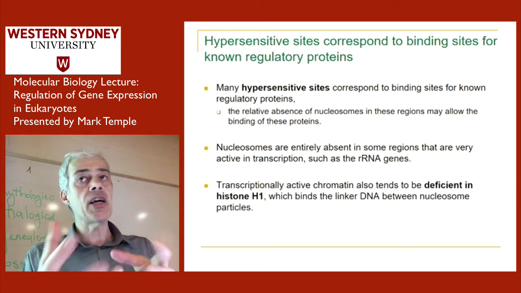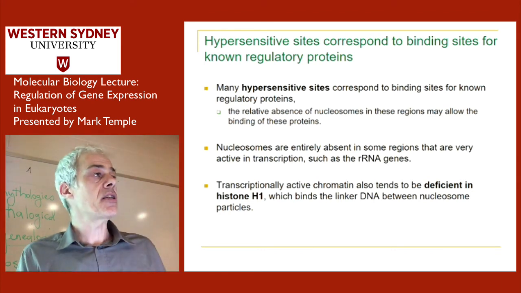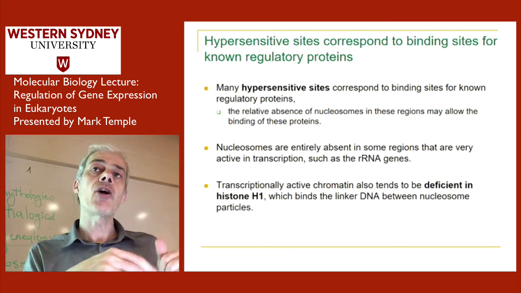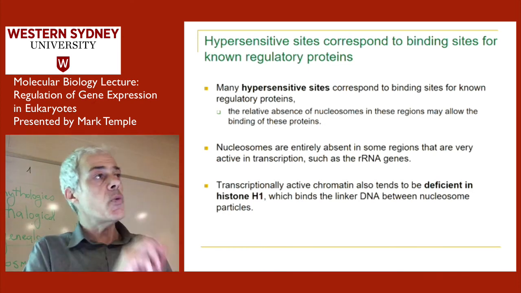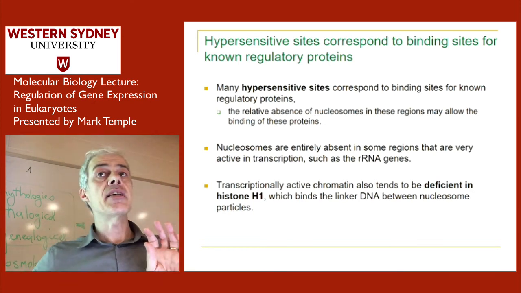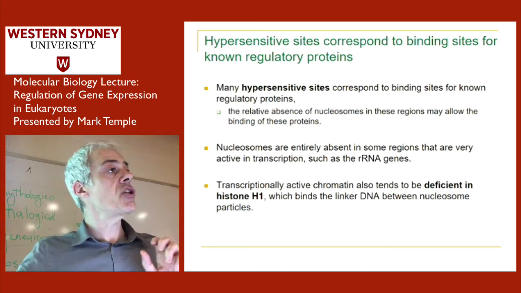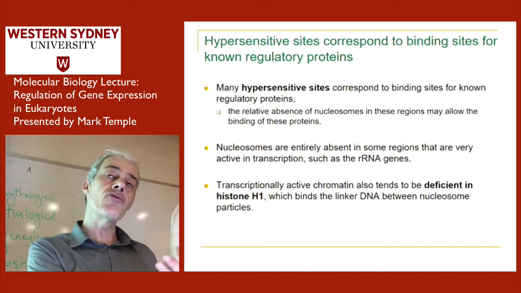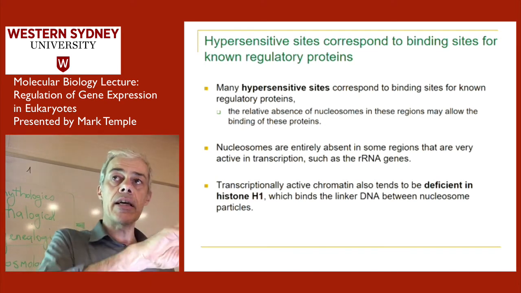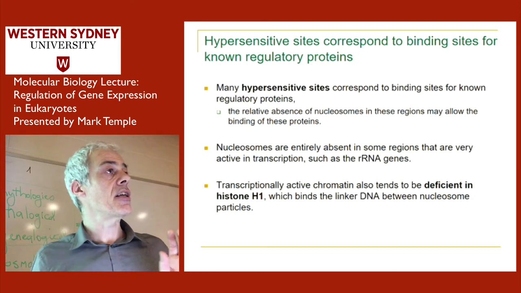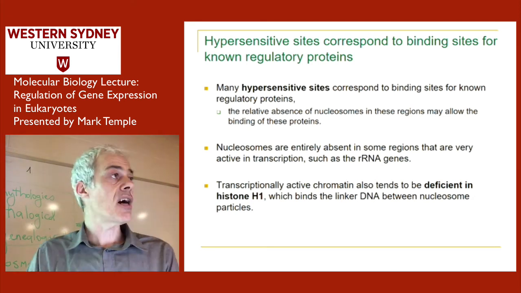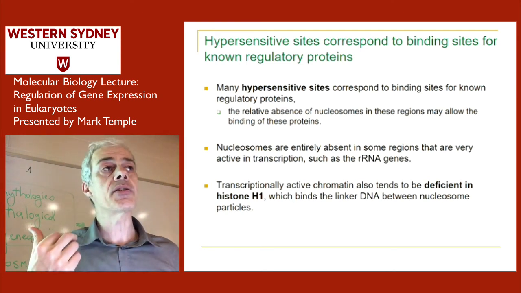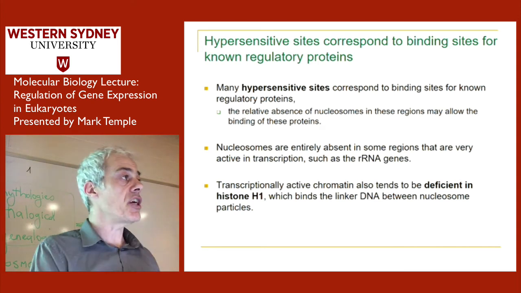You then do the experiment where that gene is switched off, and again you look for hypersensitive sites away from the promoter. And you can find regions of DNA that are hypersensitive when the gene that's 50,000 base pairs away is active, and that are not hypersensitive when the gene is off. So there's some very clear evidence that DNA at distant regions is involved in regulating particular genes. That's one of the many types of evidence that support this notion that upstream or downstream regions that are very distant can be involved in gene expression.